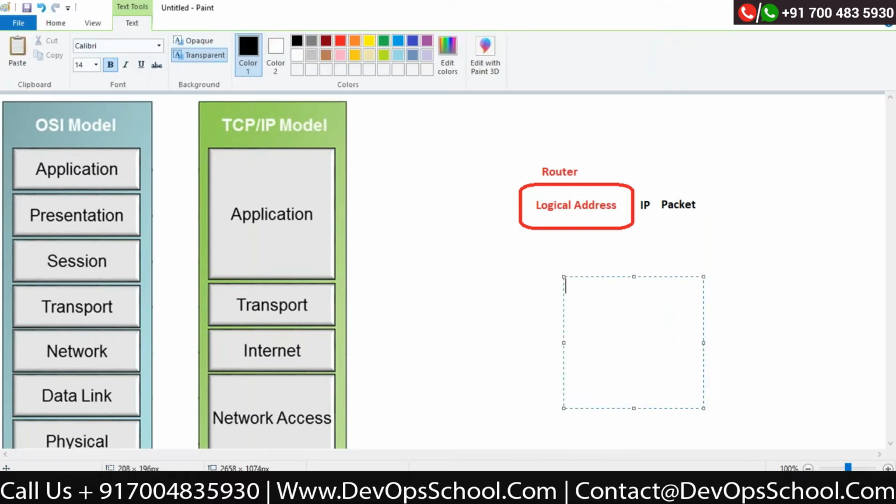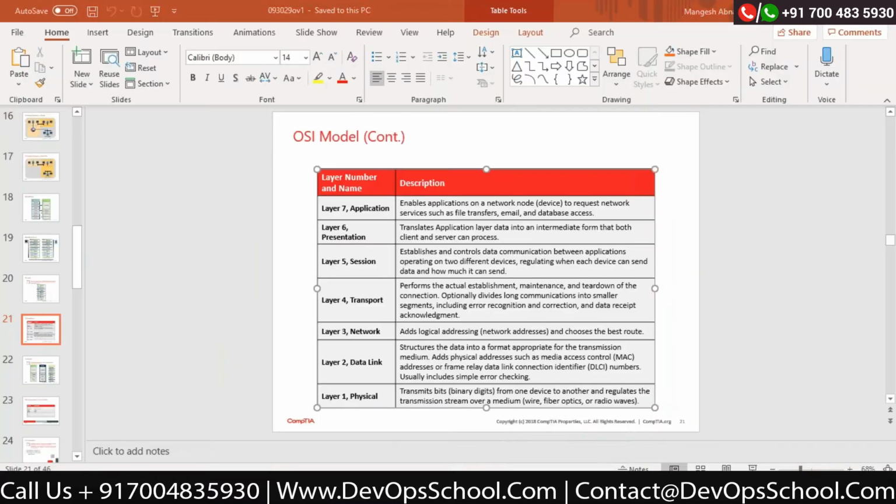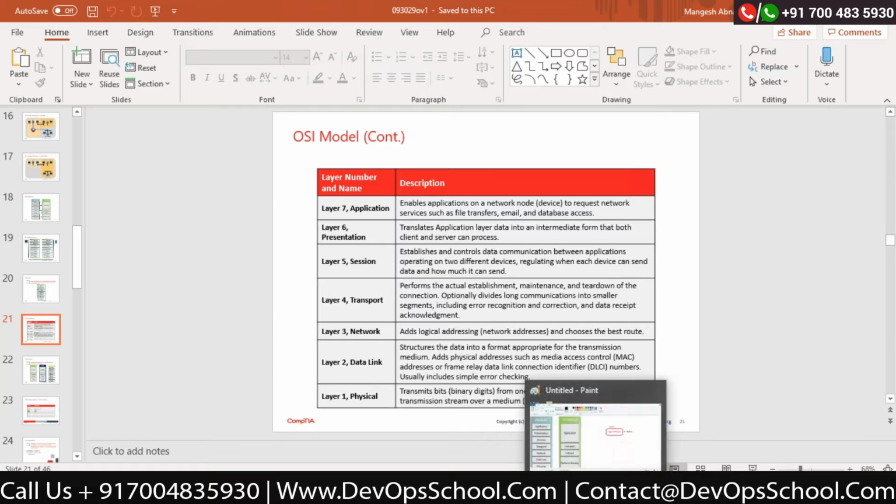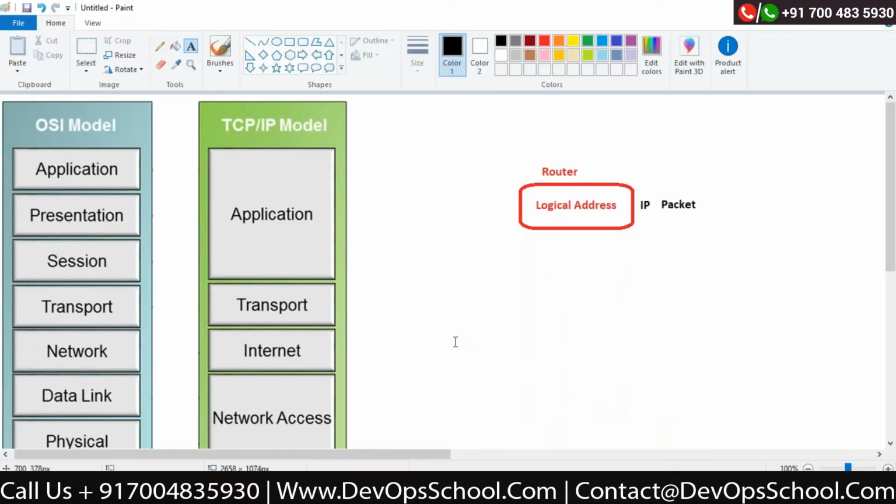Now what does the definition say? And choose the best route. Now remember, this is very, very interesting. Correct? Now remember, my router helps me find the destination in the quickest way.